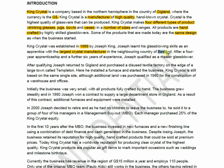Right, so something that I have seen from my experience in past variants is that there's a tendency for the company that we are looking at to possibly expand into neighboring countries, right? So depending on the level of competition, it's even possible that we might face competition from companies moving from those countries. So something that we need to look out for or be prepared for, possibly, right? So there might be a particular reason as to why Joseph followed an apprenticeship with the manufacturer in the neighboring country instead of Gigland. After a 4-year apprenticeship and a further 6 years of experience, Joseph qualified as a master